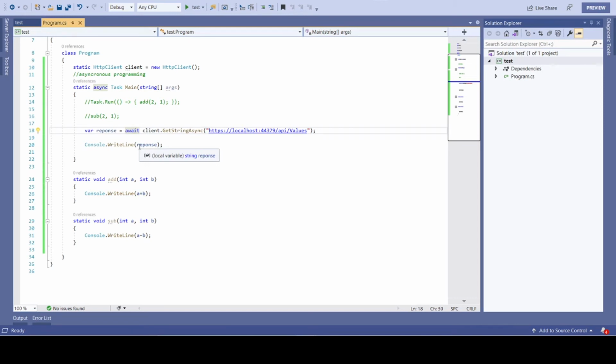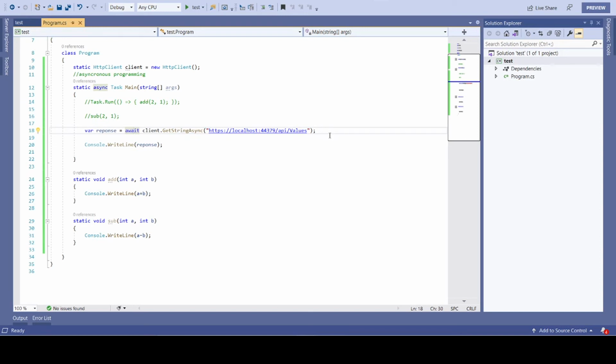We are calling the API asynchronously, another thread is created, but since we are waiting, we are making it an asynchronous call. So this is how we generally call any API. But I want to mention one thing here: as long as we don't have any other work in a particular method, this is good.